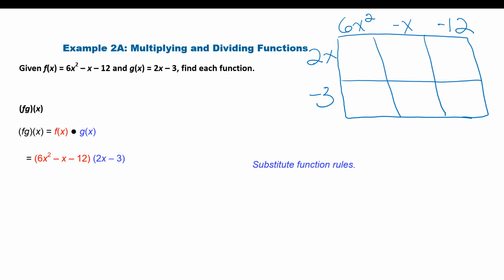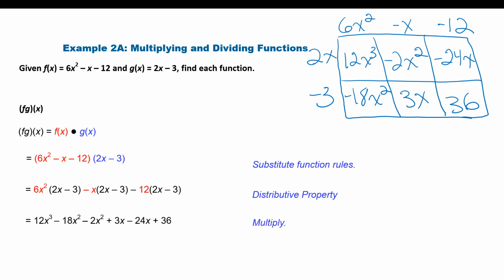2x times 6x squared is going to be 12x to the third. 2x times negative 1x is negative 2x squared. This is going to be negative 24x. Negative 3 times 6 is negative 18x squared. This is positive 3x and 36. And when we add them all together,